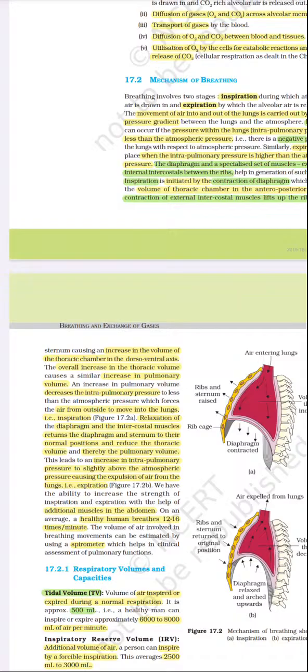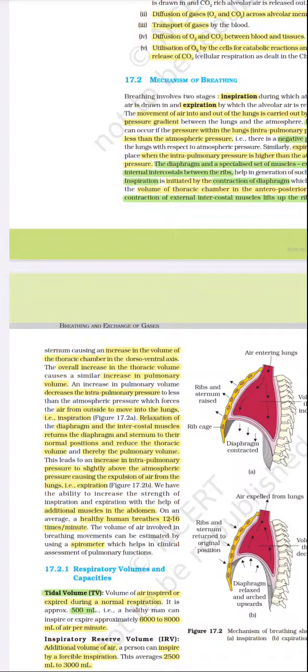An increase in pulmonary volume decreases the intrapulmonary pressure to less than the atmospheric pressure, which forces the air from outside to move into the lungs. That is inspiration. And relaxation of the diaphragm and the intercostal muscles returns the diaphragm and sternum to their